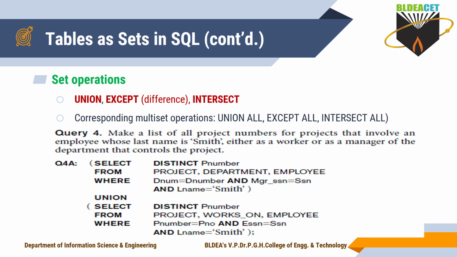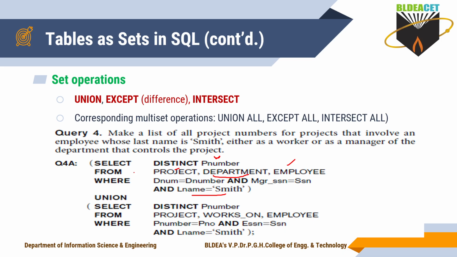Where clause. What is the condition here? That condition you have to specify. The condition given is L name equal to Smith. In which table is L name present? In the employee table. And in which table is the project number present? In the project table. P number belongs to the project table and L name belongs to the employee table. So now the condition is done, and what you want to retrieve is also done. Whether the employee is a manager or not, that information you get from the department table, so here you take one more extra table, that is the department.